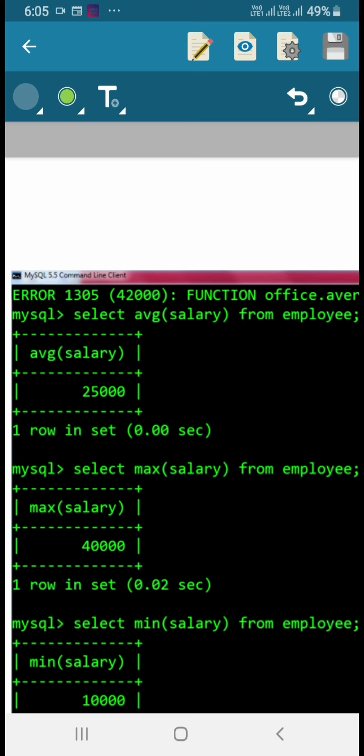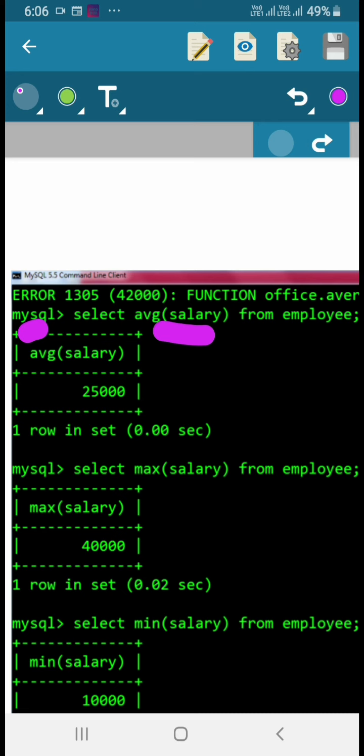MySQL is the default prompt, everybody knows this. Select average of salary, AVG of salary, AVG only. Don't write the complete spelling average, you will get an error. Salary from employee semicolon. It gives the average salary.